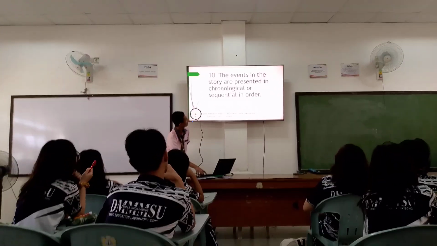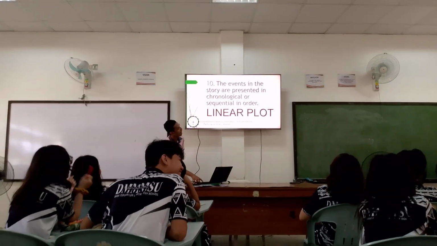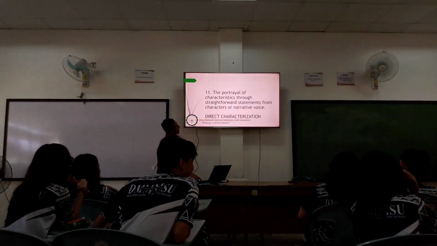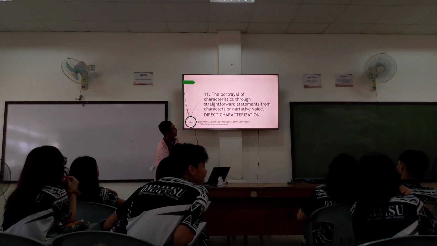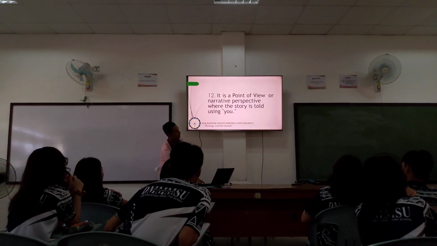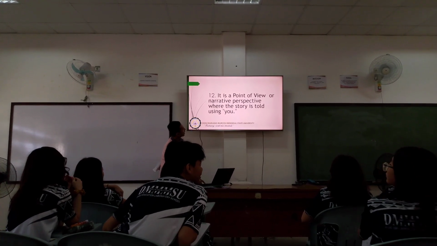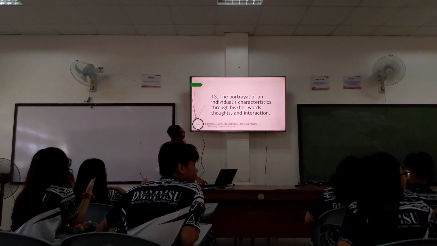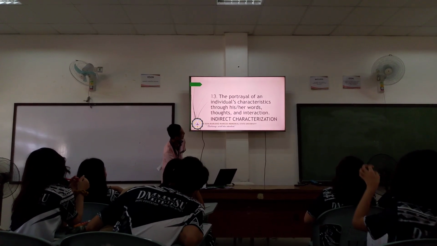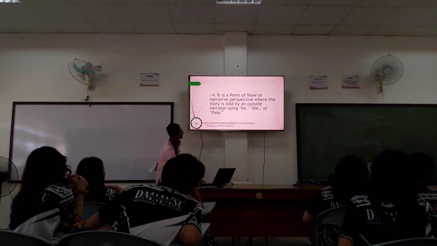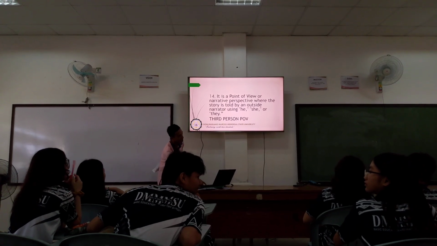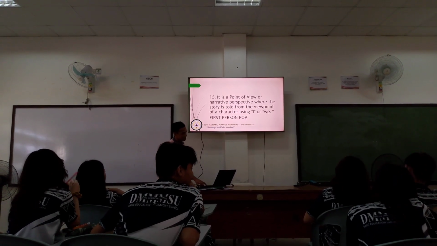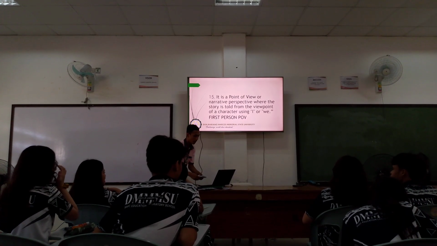Number 10, linear plot. Number 11, direct characterization. Okay lang. Number 12, second person point of view. Number 13, indirect characterization. 14, third person. And last, first person point of view. So, here,